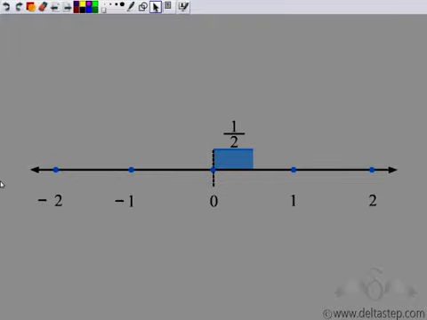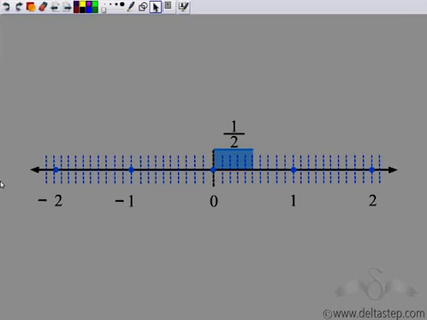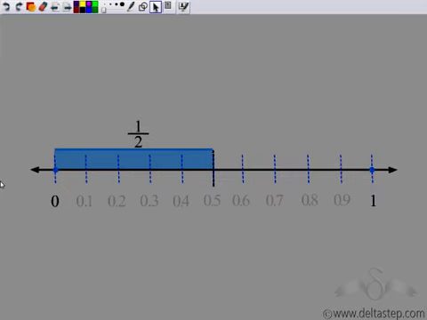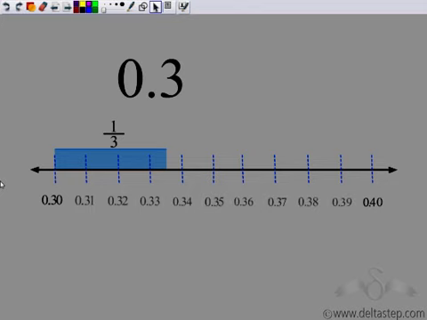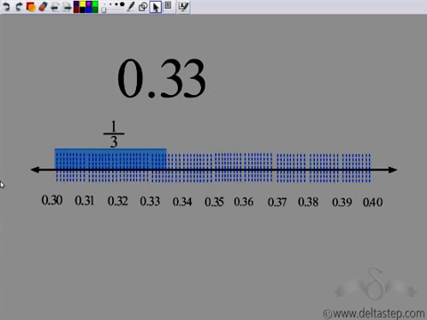So let's look at the number half. If I divide each unit into 10 divisions, then I see that half covers exactly 5 divisions. Hence half is equal to 0.5. Now let's look at the number 1 by 3. We saw that 1 by 3 was a non-terminating decimal. So it lies between 0.3 and 0.4, not completely under any division. So I divide it and further see that 1 by 3 lies between 0.33 and 0.34. Still not perfectly into any division.